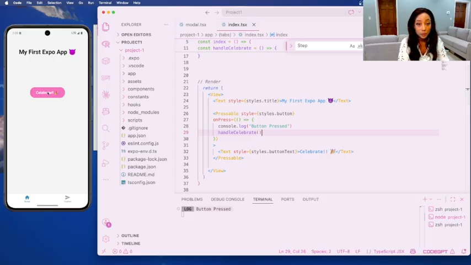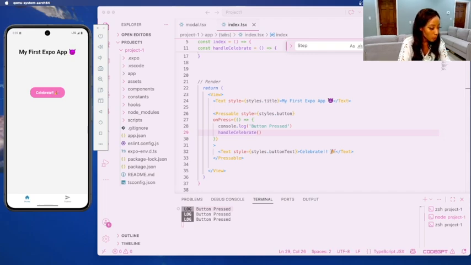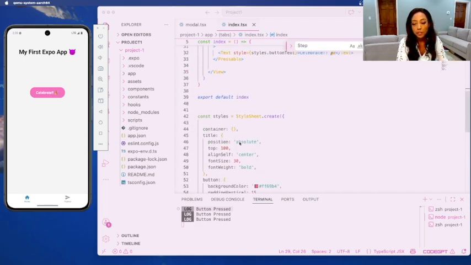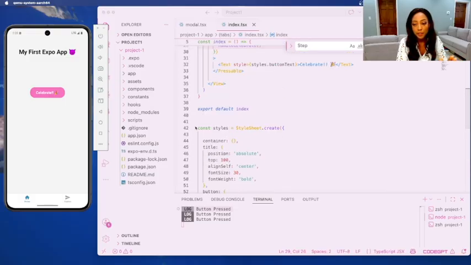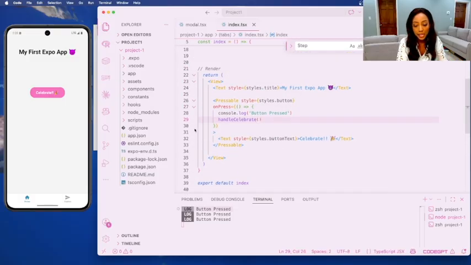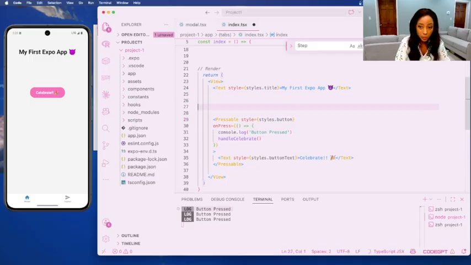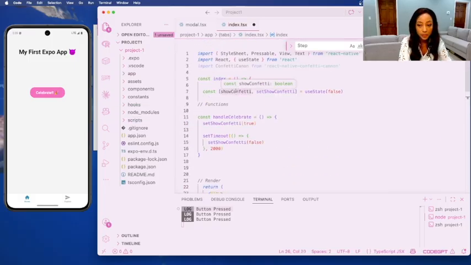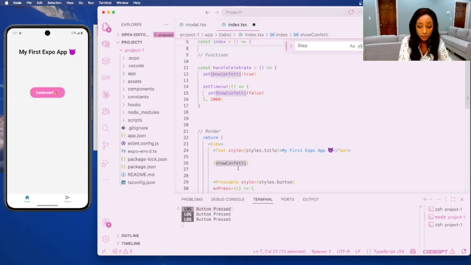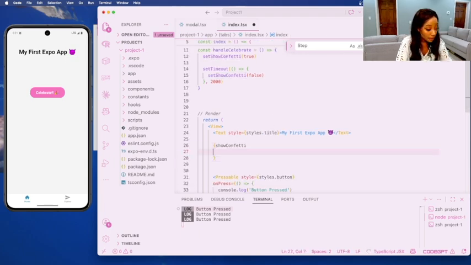So when we hit celebrate now, still no confetti. Oh, right. We have to also define the part of the visual page that allows the confetti to be shown, right? So what do we want to be seen? What do we want to actually happen when the confetti gets triggered, right? So we just type showConfetti, right? Because this is our state that we have up here. So showConfetti, and then